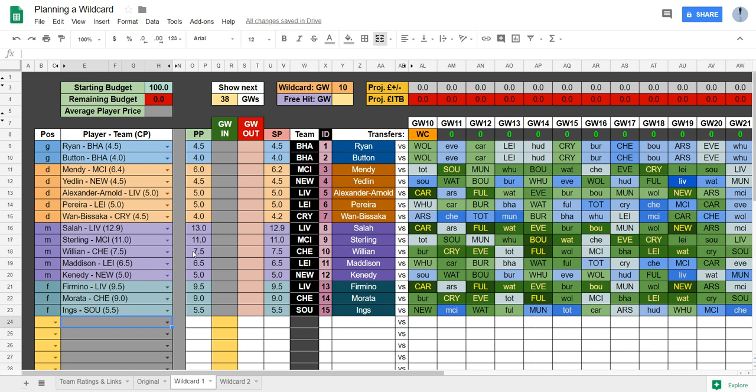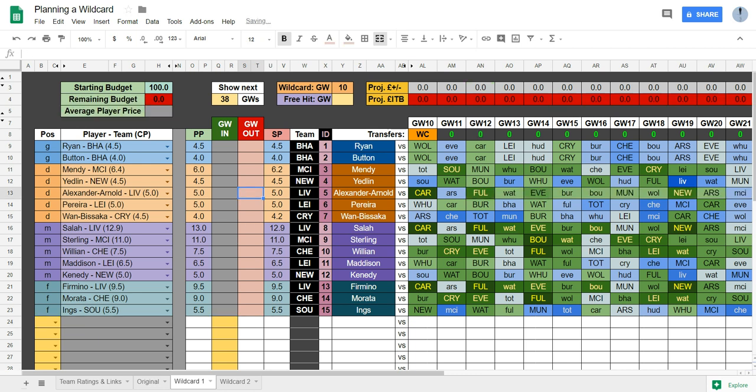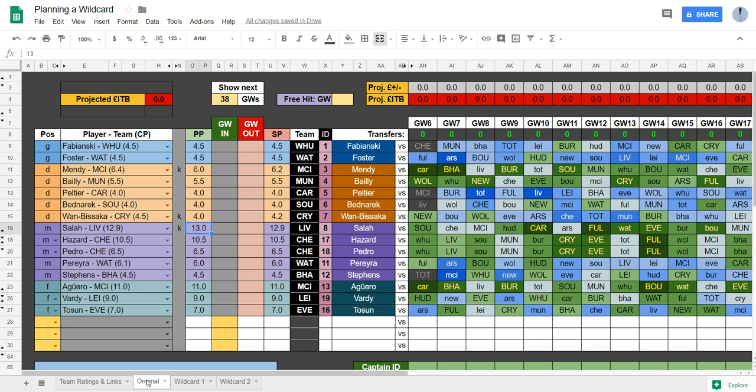You can plan transfers for the weeks ahead in the normal way by typing the game week into the game week out column, say game week 12. You already know how to make transfers. And then you select the defender in that column there. So you might want to go back to the original column and carry on planning for future weeks up to the wildcard. Then as price rises happen,